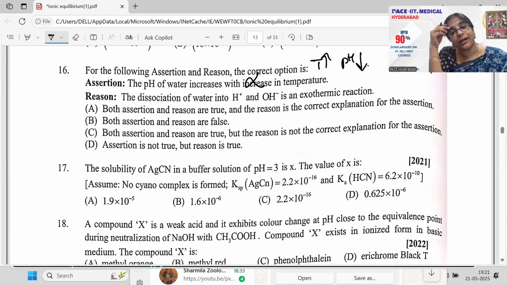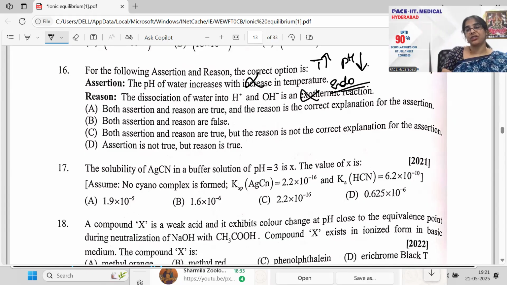And then dissociation of water into H plus and OH minus is exothermic. No, bachcha, it is an endothermic reaction. If you have to dissociate, you need to give in energy. You can't release energy there. Okay, H plus and OH minus, either it is an electrolysis process, right? Electrolysis process, maybe you're giving in the energy, which means you are giving in. So therefore, your endothermic process. So दोनों भी गलत हैं, right? Next, moving on to the next question.